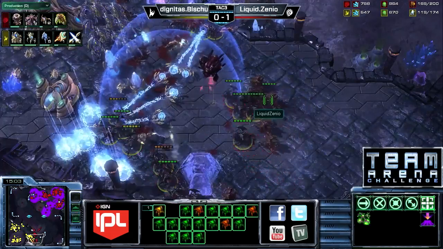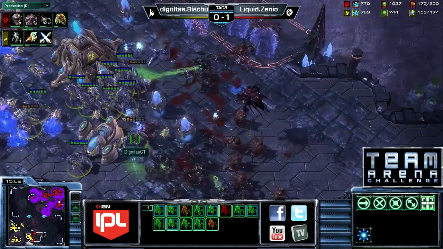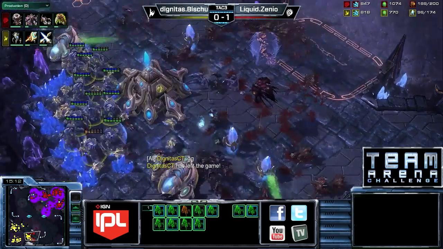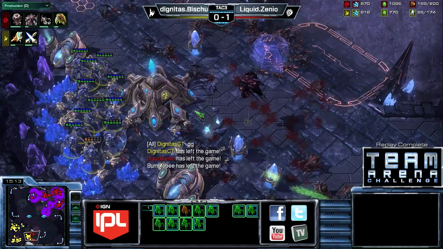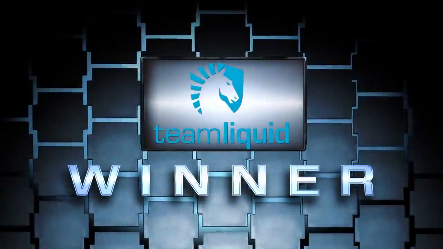More units continuing to filter through. Those high DPS Hydralisks starting to pick off the sentries one by one, and it's only a few Stalkers that are remaining. GG. And there it is, Zenio out to a 2-0 lead now for Team Liquid. Yeah, exactly. That 3 base is only about as easy